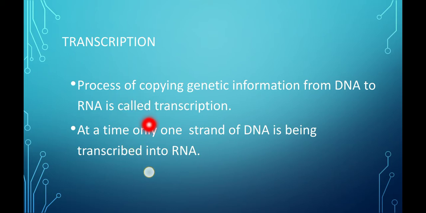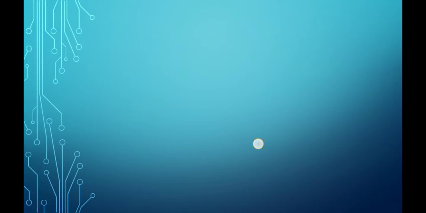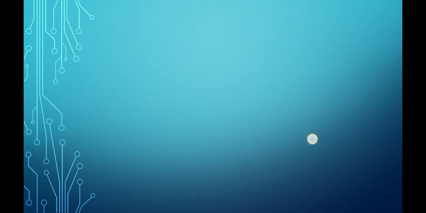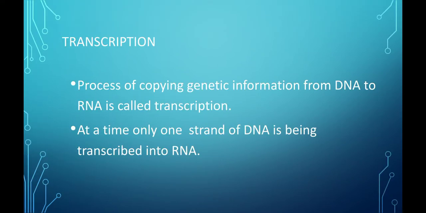If both strands acted as templates, it would produce double-stranded RNA, which would prevent the process of translation. Transcription occurs in the form of a transcription unit. The transcription unit consists of three parts. The first one is called the promoter region. Second one,